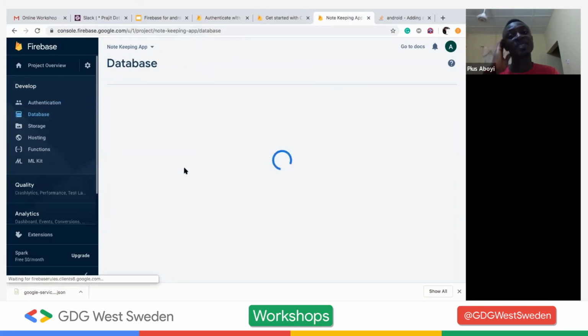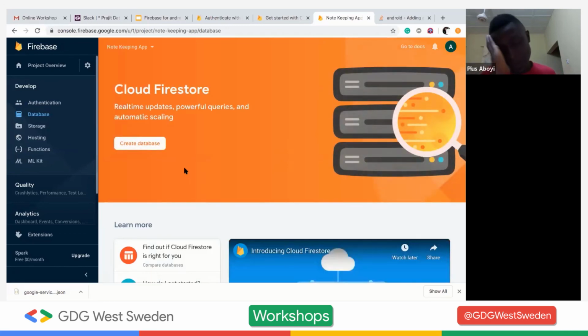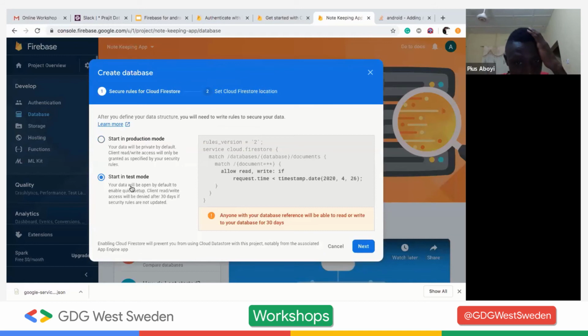So Firebase has two types of database. One is Cloud Firestore, another is Realtime Database. But for this project, we're going to be using Cloud Firestore. So we'll click on Create Database. There are two options here. If you can see the screen, you're asked to start in production mode, or in test mode. We're going to select test mode, so we don't have any user access verification or anything like that. So we're going to start in test mode, so we can click next,